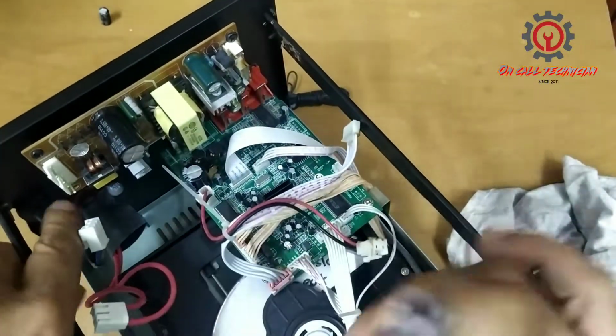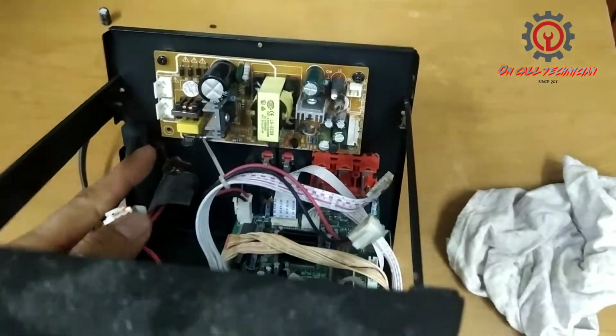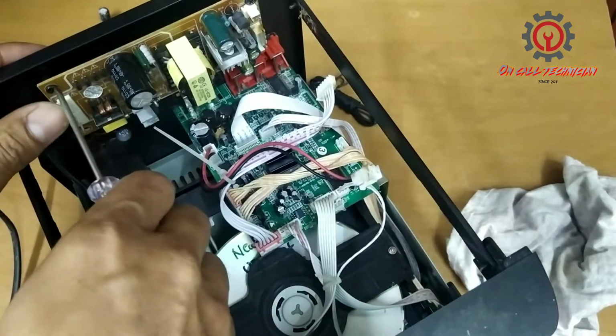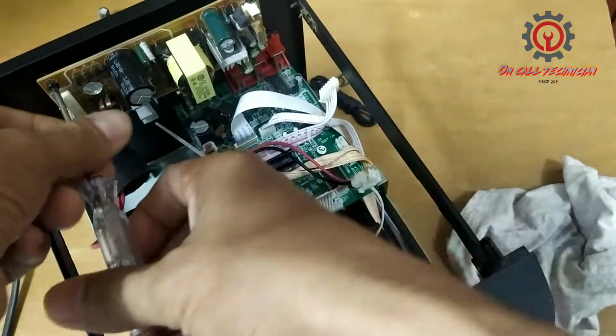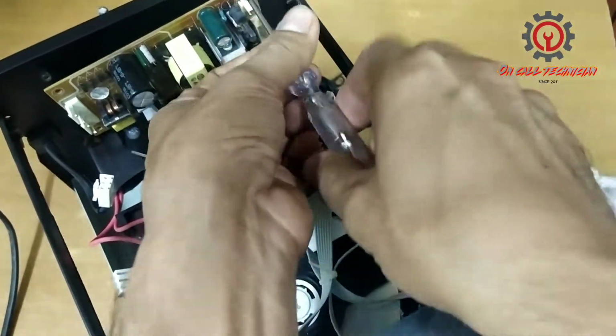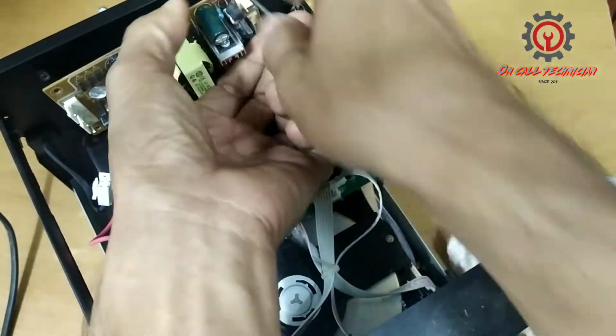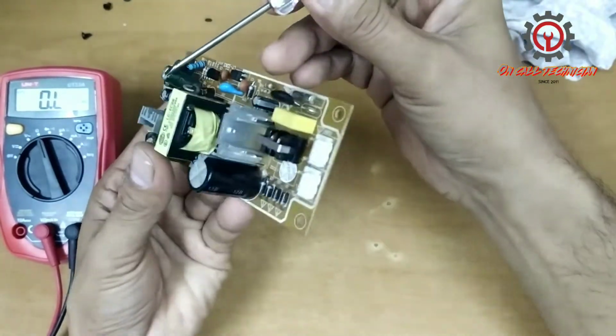See, the screw is already removed and only two left. And let's see what seems to be the problem here. Okay, guys, we still have one bloated